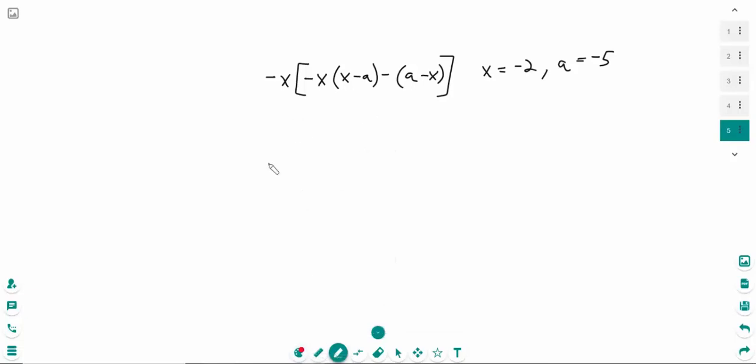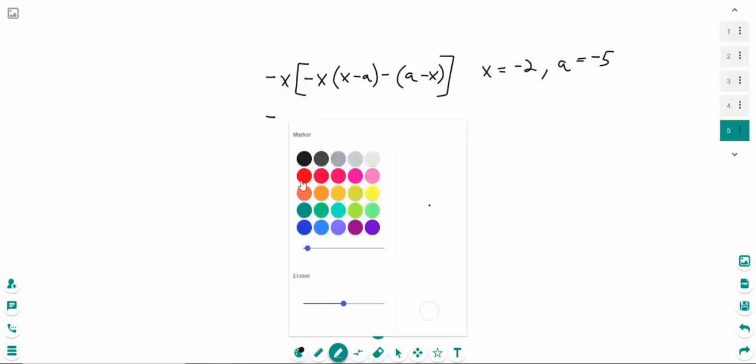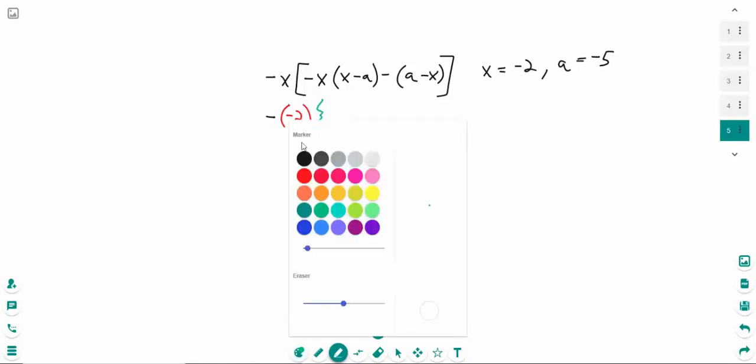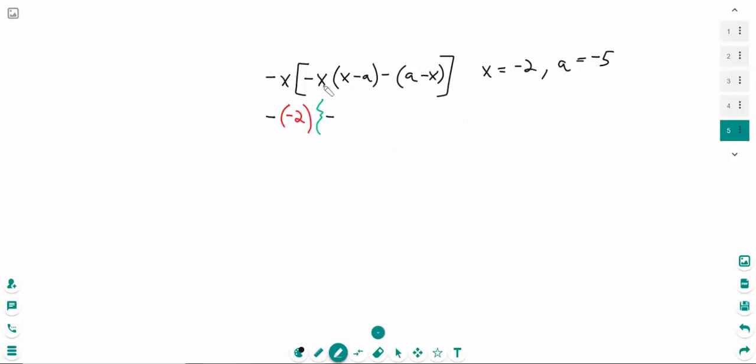All right, so let's see how you did. So we have our negative sign. I'll just bring that straight down. We have our x, which is, of course, our negative 2. And then we have a bracket. Upgrade it to the brace. Oh, don't like that. Let's go to a different color. There we go. All right, then we have a negative sign, so we'll bring that straight down,